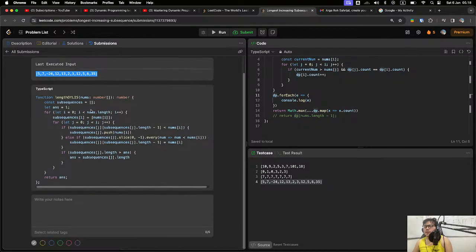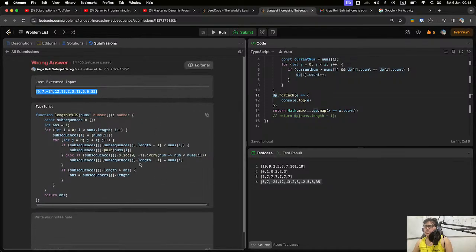Why do we fail? In this solution, when I equals 0, 1, 5, we try to loop over the previous elements and see whether 2 is bigger than the last element in the subsequence of each index.